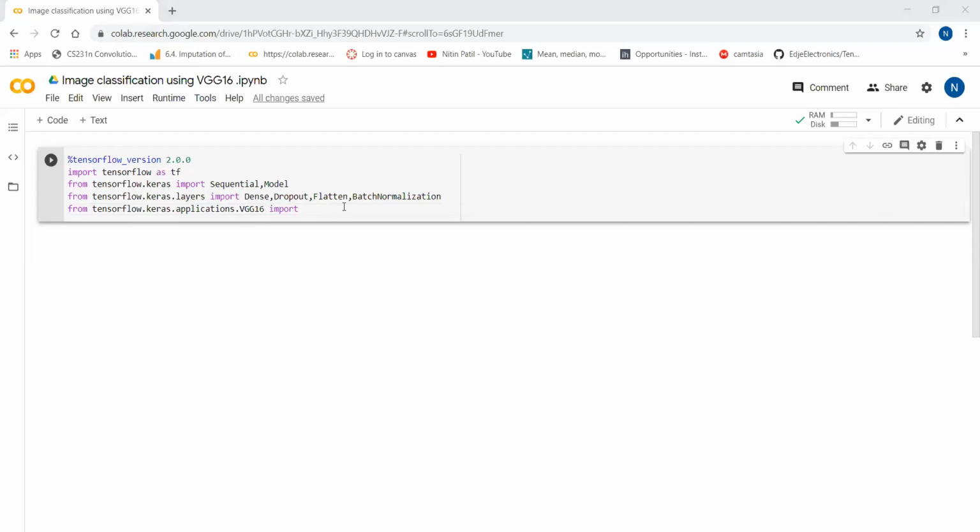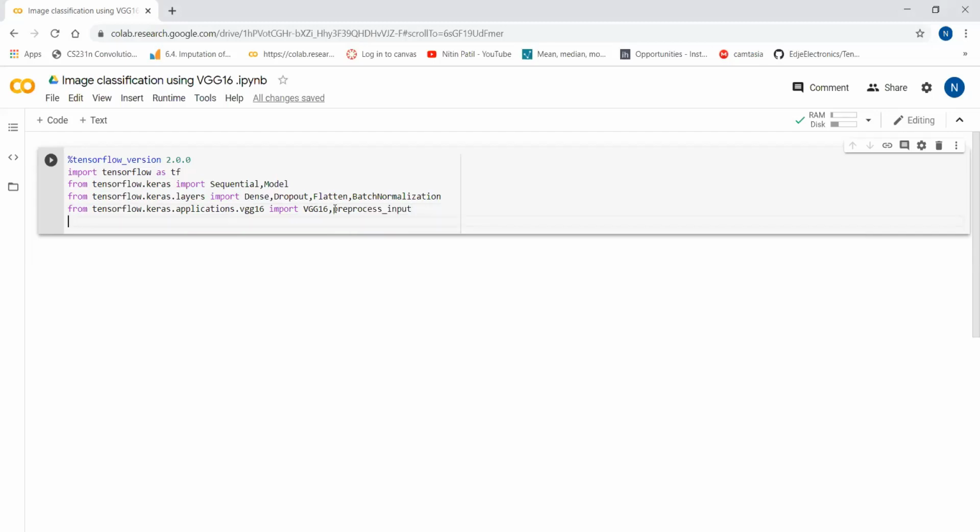And in the same way we will import preprocess_input. So those two libraries we are going to use, and in the last video we have seen how we can read the local images, so we will use ImageDataGenerator for the same.